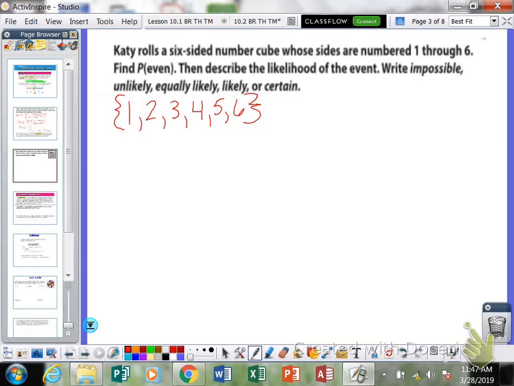Those are all of our possible outcomes. We can roll any one of those numbers when we roll a die. Okay? So, I want to know what the probability is that she rolls an even number. Okay, so the ratio here is going to look like